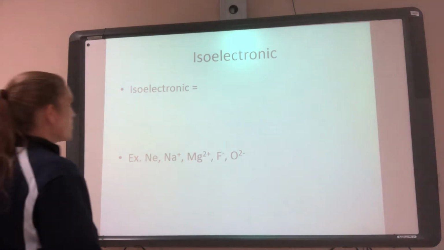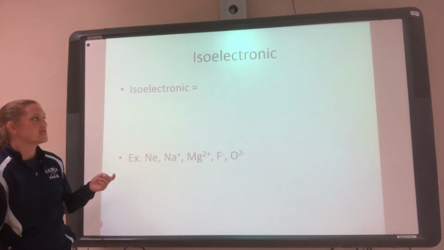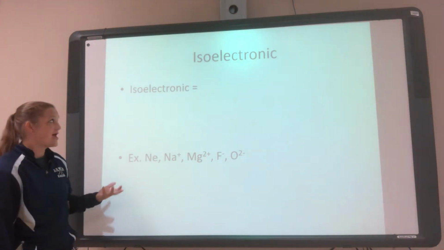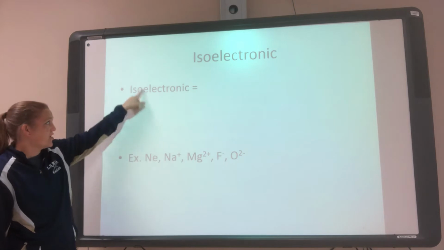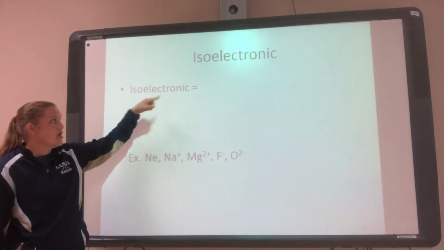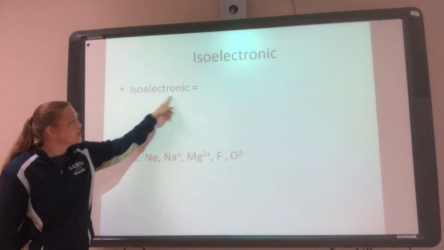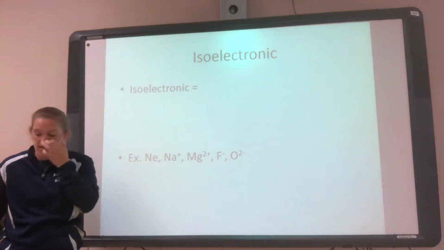So in this lecture we're going to talk about our last little term for this section, and this is isoelectronic. So let's ask, what does isoelectronic mean? We've got the word iso and then electronic. We've been talking about electron configurations this whole time, so you see the word electron here, and you should be thinking it's related to these